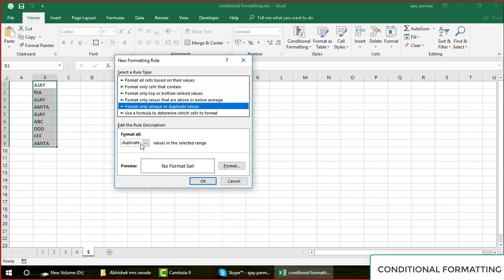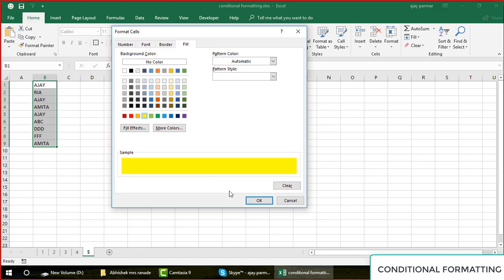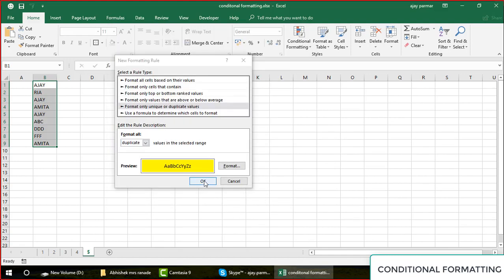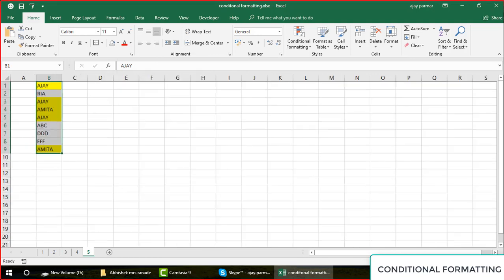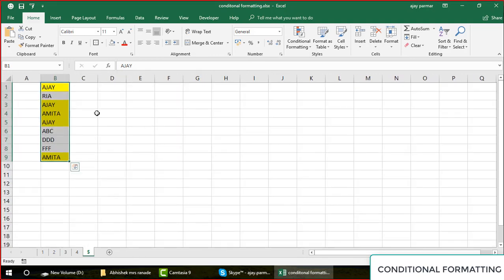This is a different window, as you can see. So you want to highlight duplicate or unique, you can choose from here. I say I want to highlight the duplicates, and I want to show them in the yellow color. So these are all the duplicate names. And this is how you can use this option.